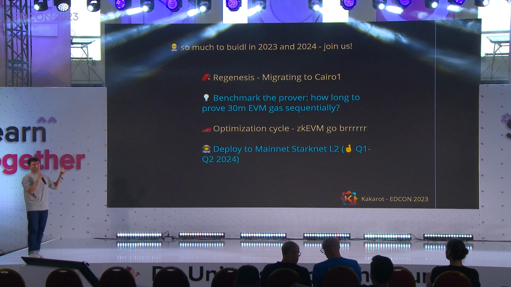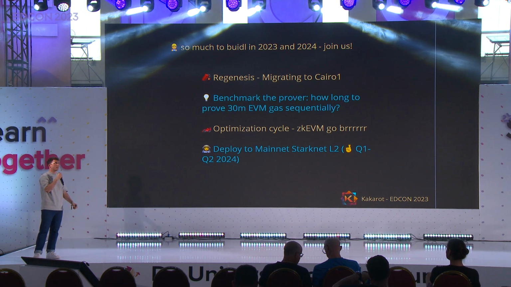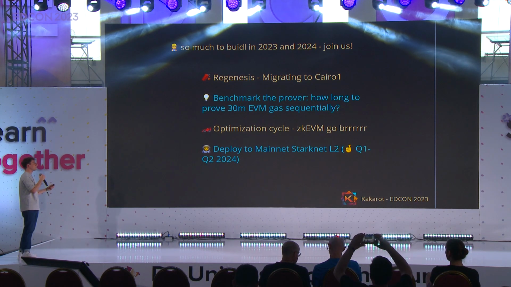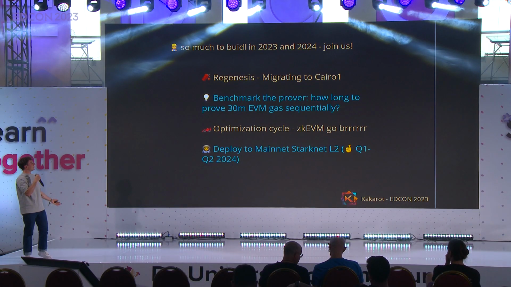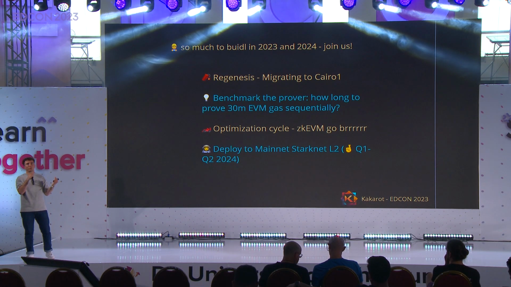Then, I touched on it, but benchmarking is very important. It's important as an ecosystem to know what is what, and right now we don't have it. I think no one has it in comparable ways. And then we'll need to optimize for sure, because the way I think about it is we'll benchmark, we'll see that we lack some performance compared to others at zkEVMs, but it's very promising, and then we'll go through an optimization cycle. And then deploy to mainnet,